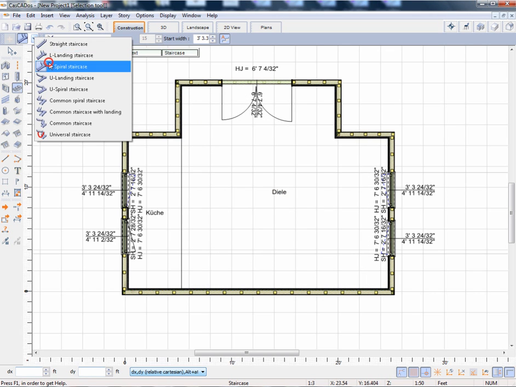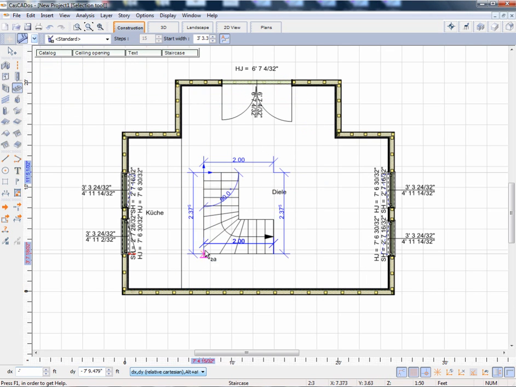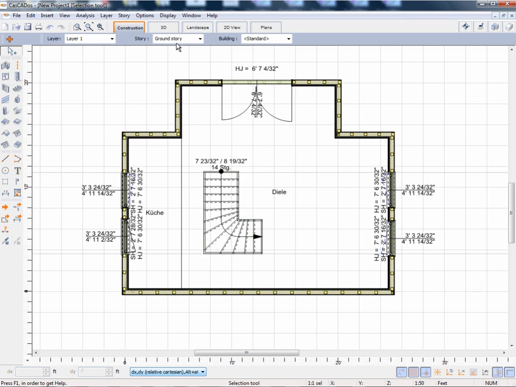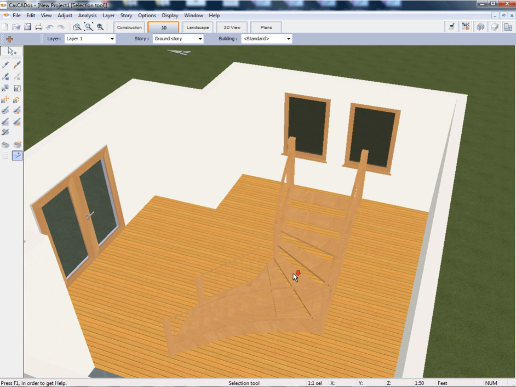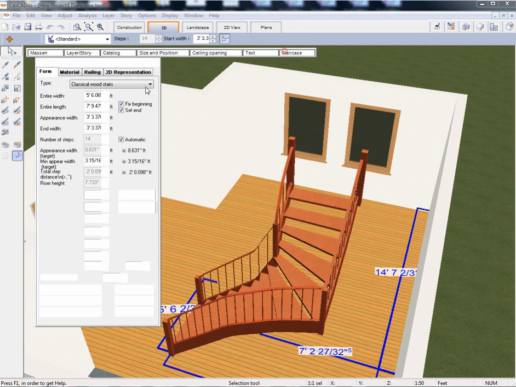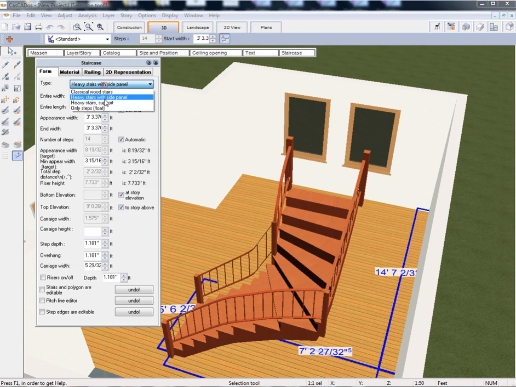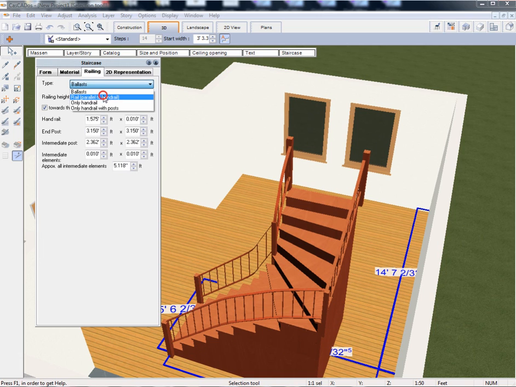Now we're going to draw a staircase, and we're going to draw an L staircase. You can draw a U and a common or various any shapes, but here we use the construction line to draw the points for our staircase, and it's going to be an L one. So we see the heavy supports. We see the support with a